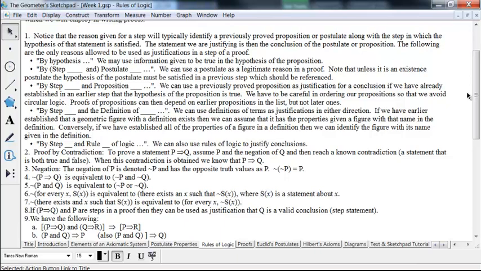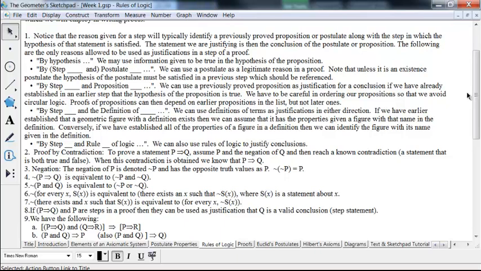Well, you can say that for justification. The justification can be by hypothesis, or in other words, it is given in the hypothesis that this is true. And then, unless it's an existence postulate, postulates are in if-then form. So if you're going to use that postulate, you also have to refer to which step earlier in the proof